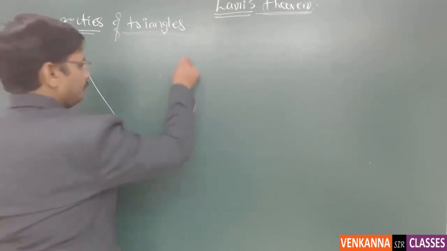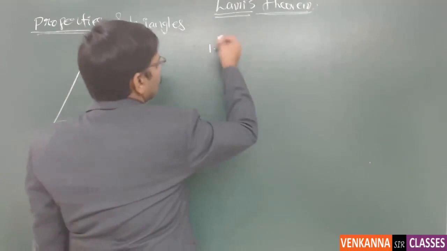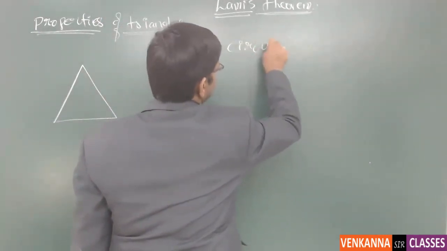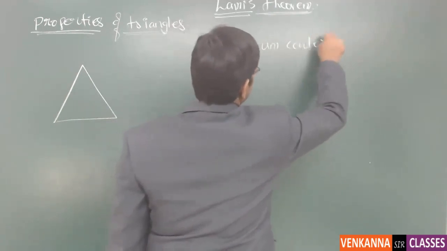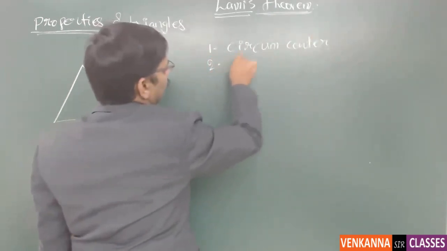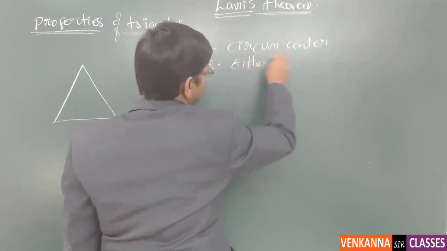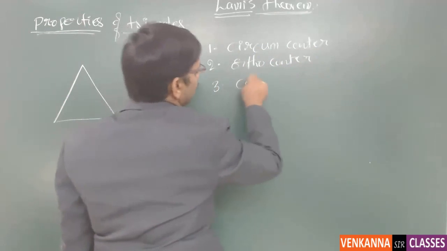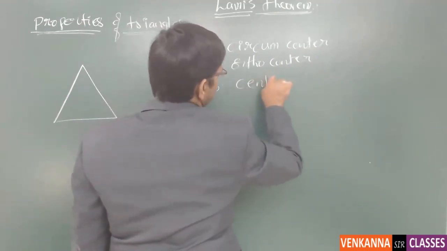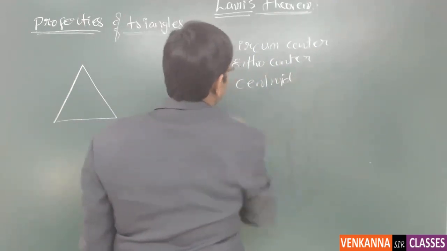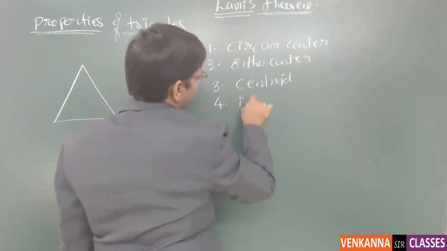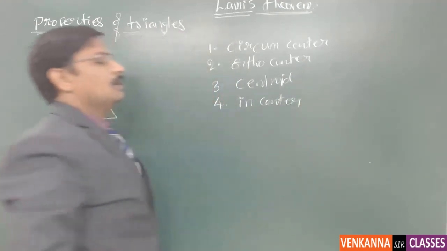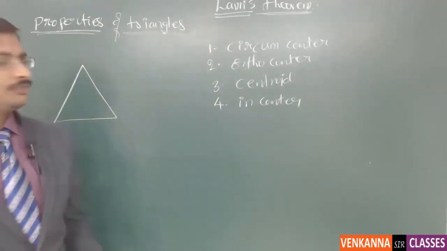One is the circumcenter, the second one is the orthocenter, the third one is the centroid, and the fourth one is the incenter. These are the centers we have to be aware of before solving the problems related to this particular